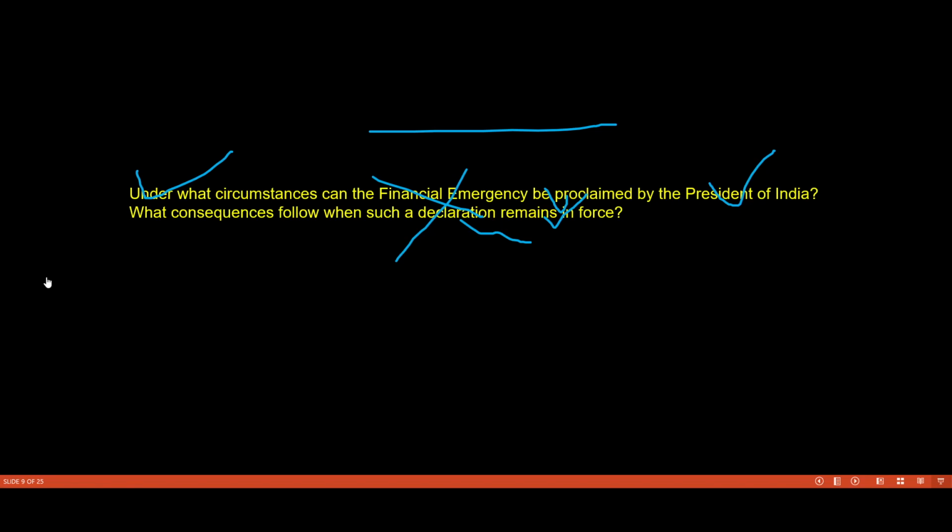So you can see what the question was asked was, under what circumstances can the financial emergency be proclaimed by the President of India, and what consequences follow when such a declaration remains in force. So financial emergency is given in the Lakshmikant book, and what consequences follow when such a declaration remains in force. So the entire answer can be answered from Lakshmikant